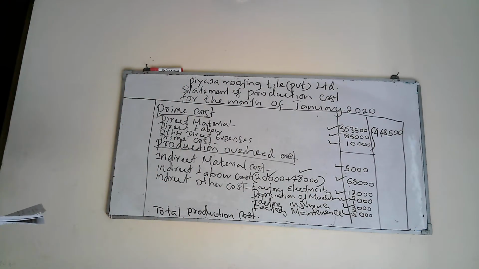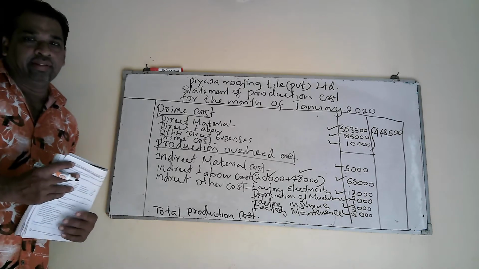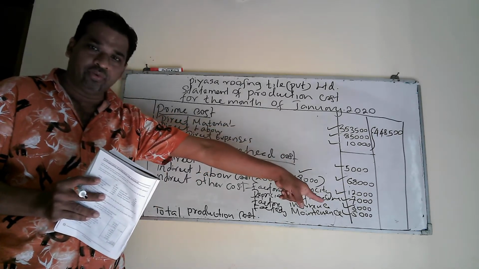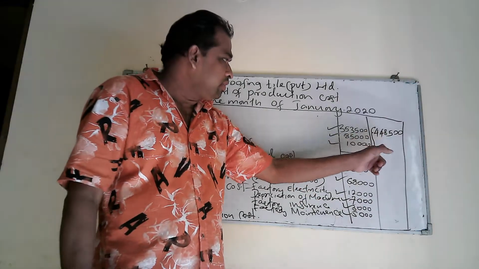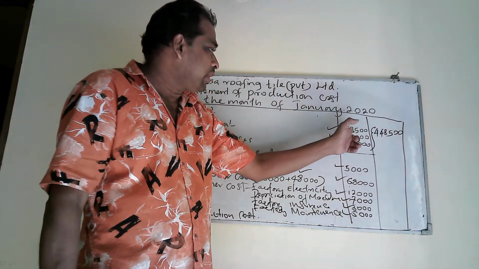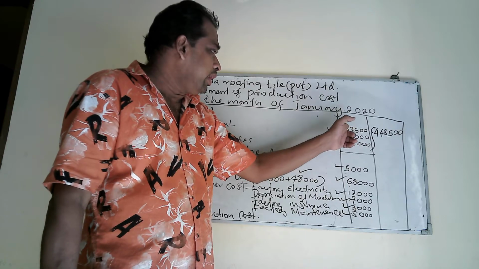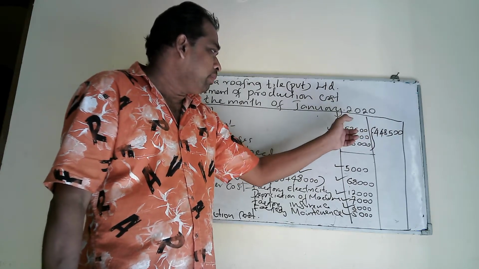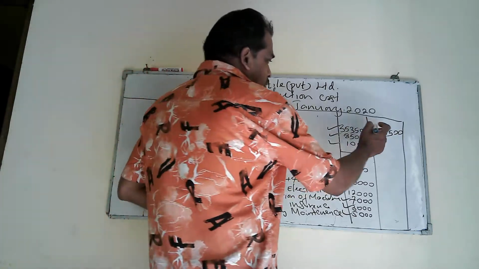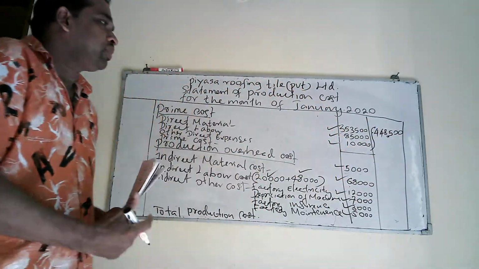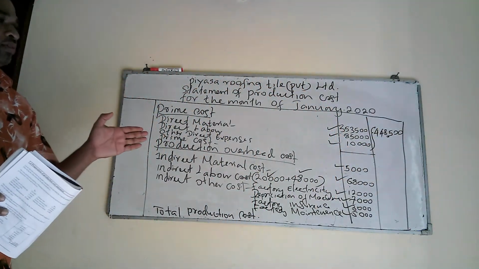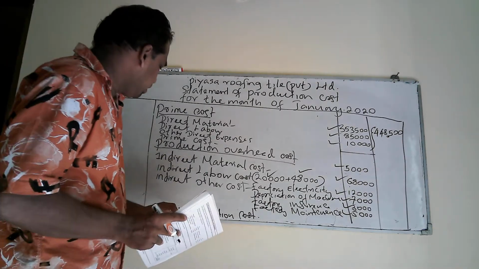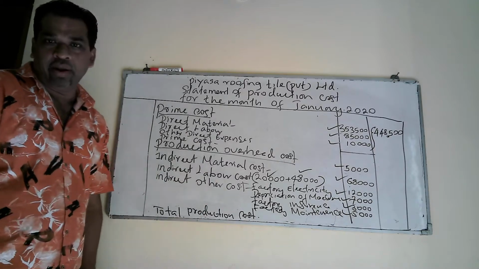Okay, 448,500. At the exam you can double check, because if the prime cost is wrong, your final answer will also be wrong. Therefore you can just take 0, 0, 5, 3 plus 5 is 8 and 8 plus 5 is 13 plus 1 is 14, balance is 1, 1 plus 3 is 4. This is your total direct cost: rupees 448,500. So we can now take the values coming under production overhead cost.